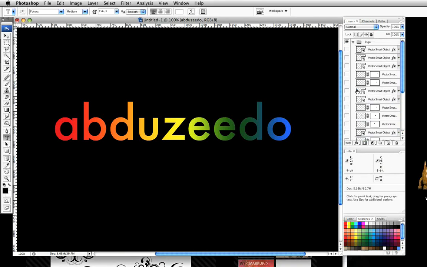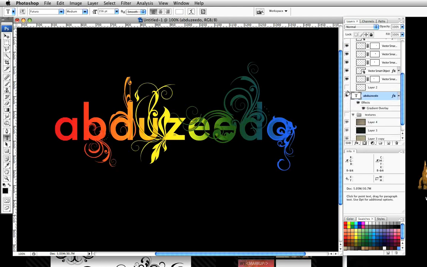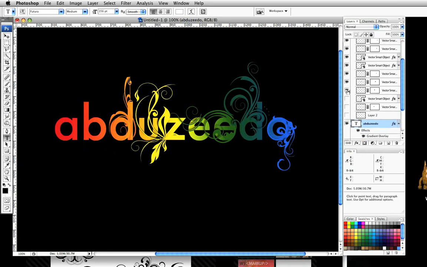You can see I've got all of these layers up here inside this group, this folder called logo, and if I bring them back, you can see how everything takes shape. Okay, I'm going to take you through adding the ornaments for the first shape and then show you what I did differently for the ones that have a fade or a gradient going from one colour to the other. So I'm just going to turn those off for the time being, and then we'll pop them back on once we go through